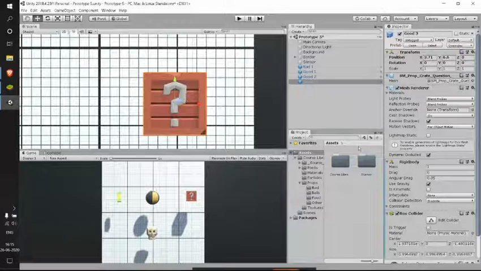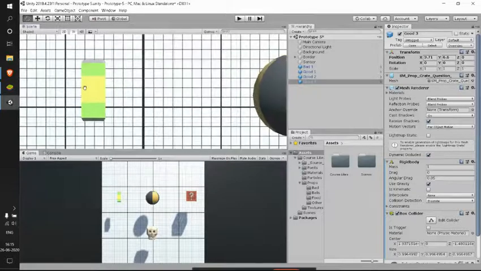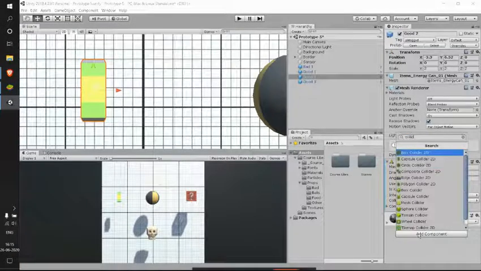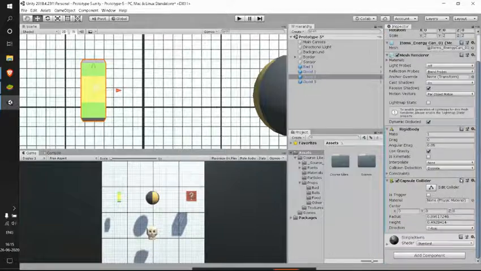Make sure that the collider is exactly at the boundaries of the game objects. So for this, is capsule collider good for this? No, let me change that to box collider itself.